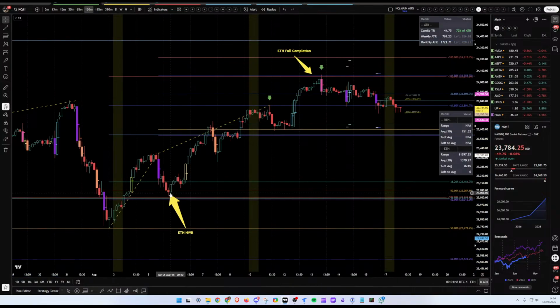And inside that, we traded a halfway back, which was the 5th of August. That went all the way to its completions last week. Again, that's why I've drawn the ETH full completion. That's at -100. Inside there, you have the high to high, which we traded last week. And that went all the way to its -62 as well in blue.